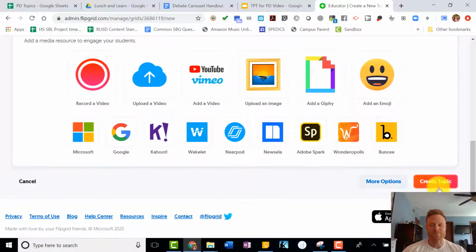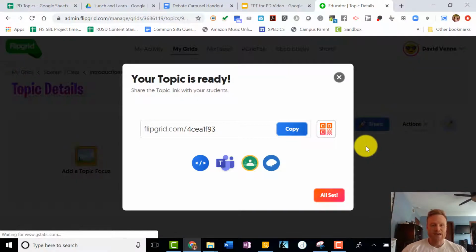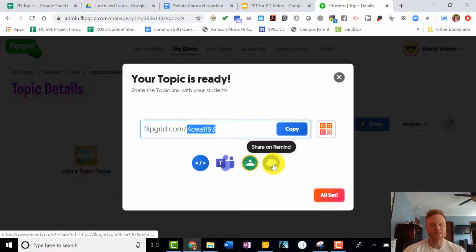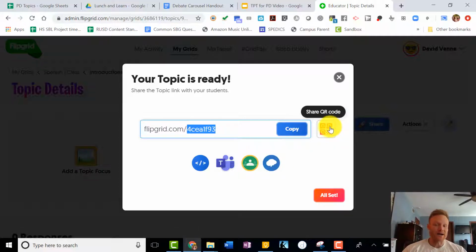So I'm going to click the Create Topic button, and our topic is ready. So if I want students to respond to this topic, then what I need to do is share this link with them, and they will be directed straight to that topic. I also can put it in my Google Classroom or send it out via Remind. I also could create a QR code that students could then scan